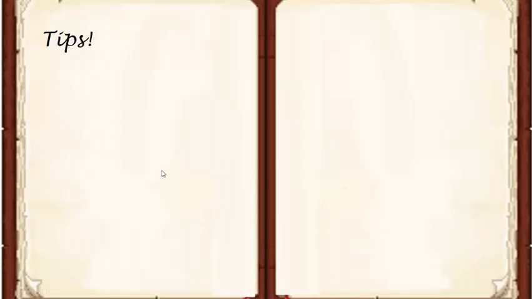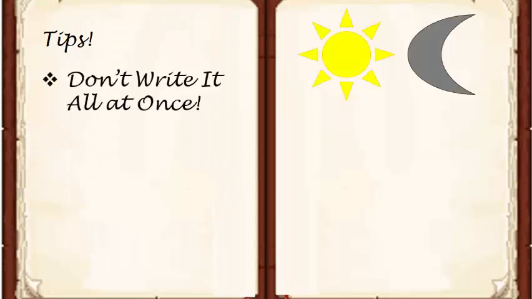So now, for my tips. Don't write your story all at once. A lot of my stories take more than a couple days to actually write, and I go back and I edit and re-edit and do that constantly over and over again. For example, Curtain Call took me a month to actually write. I write a piece maybe every couple days, then I take a break from it, I go back to it. You don't want to write it all at once, because if you sit down and write it all at once, then you're going to just get really, really frustrated.